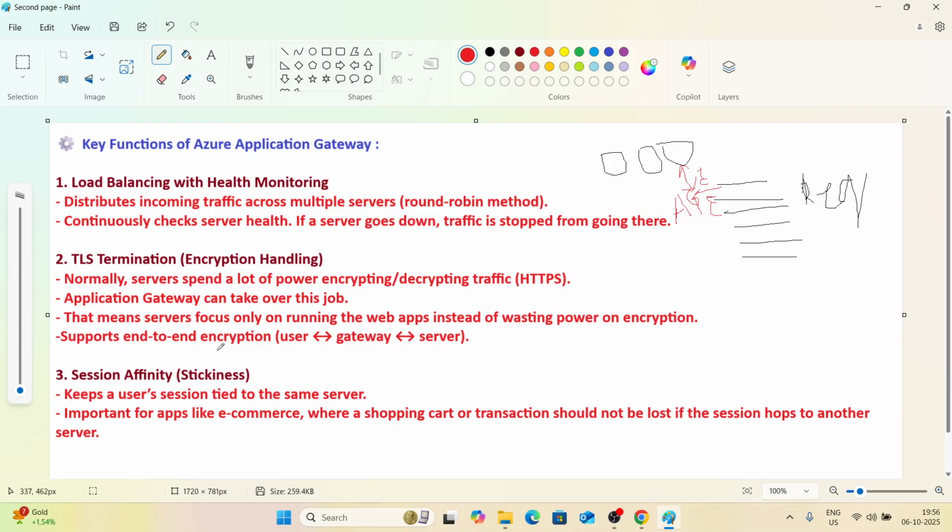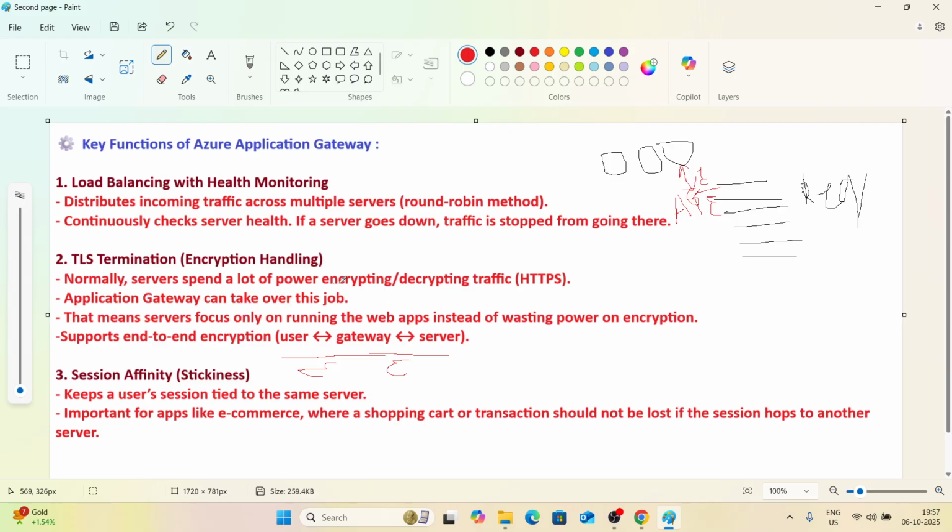So a user sends a request to a gateway in encrypted form, then the gateway decrypts the request and checks what the request contains, and then it will send the request to the server, and again it will send it in an encrypted form. Actually, this task would be performed by these servers, but the gateway does this task,